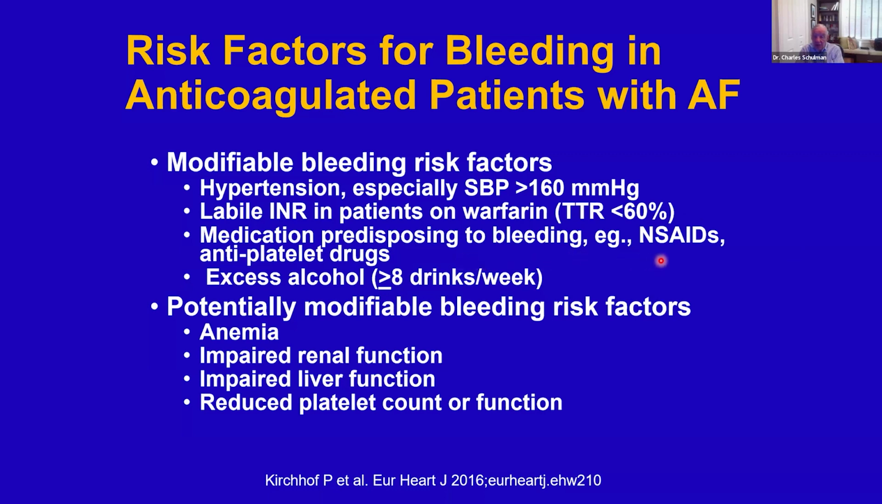Medications predisposing to bleeding, like NSAIDs. Now this is the stealth bleeding risk, because people take ibuprofen, naproxen, and/or their brands without telling you. So you have to really emphasize that they should not be used. Tylenol is useful,